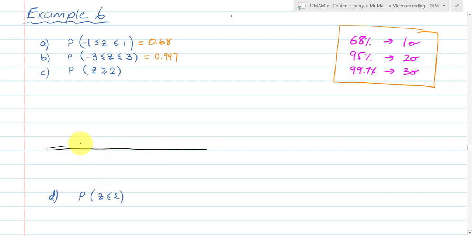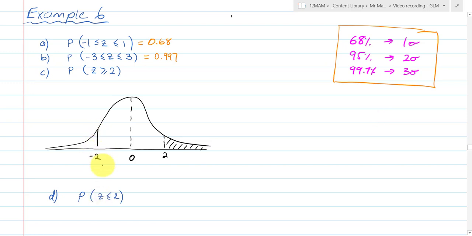So if I draw a normal distribution, it doesn't have to be perfect. I'm saying, what's the probability that z is greater than or equal to 2? So there's z equals 2. There's z equals 0, and I want to find this probability. Now, what I do know from my 68, 95, 99.7 rule is that the area between negative 2 and 2, this area in green,